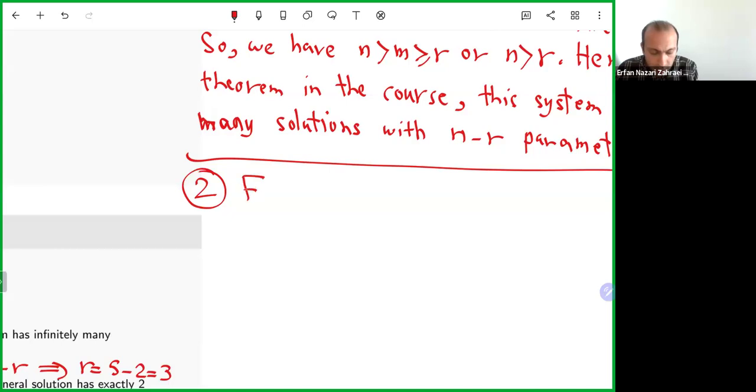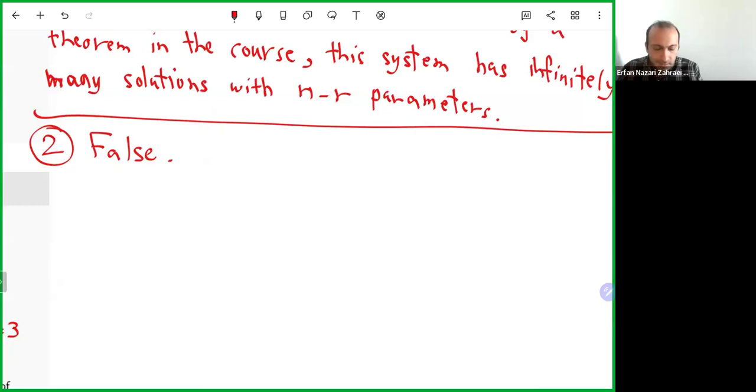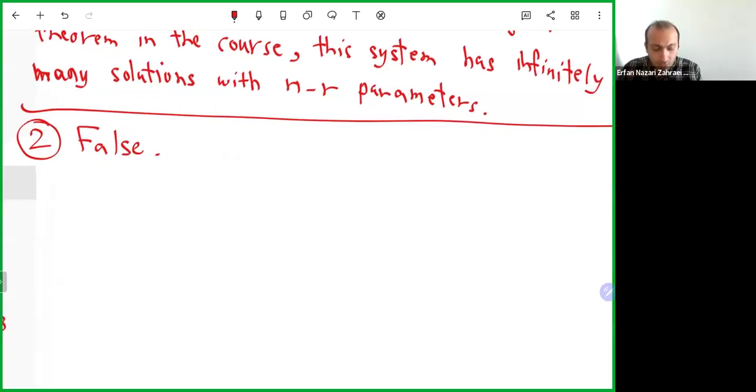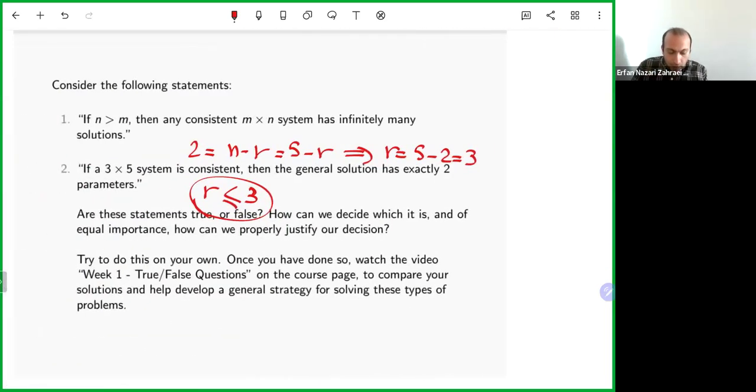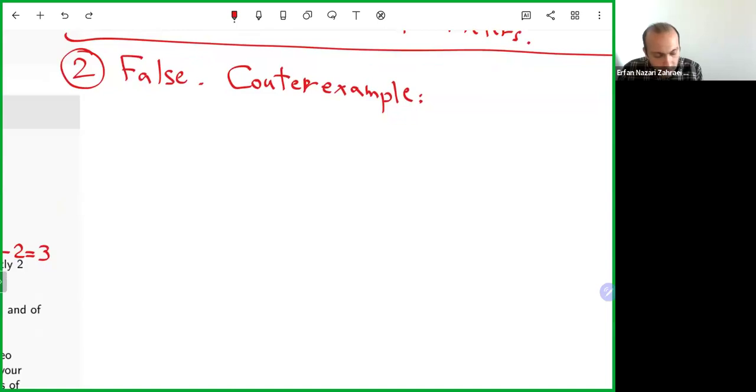So I understood that the statement is false. It's not true in general. And to disprove the statement for the general case, I may give a counterexample. Counterexample. I give an example with these assumptions, but the conclusion is not true. So a counterexample is this